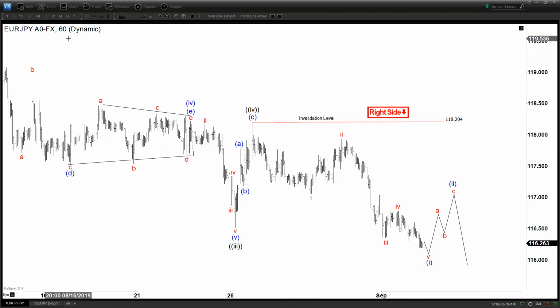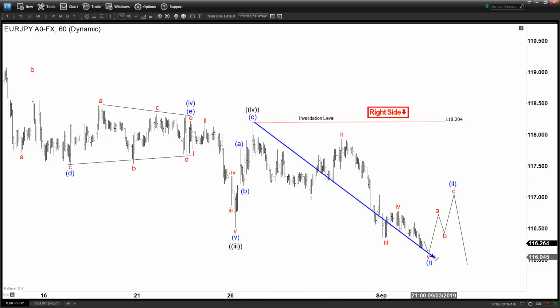Today we will be updating the chart of the Euro Yen. This is the 1 hour chart. You can see right here the right side still remains to the downside as indicated by the stem right here with the red color. And we have a 5 waves down from this peak from 118.2. And we should be finishing this 5 waves down pretty soon right here, and then soon we'll be getting a